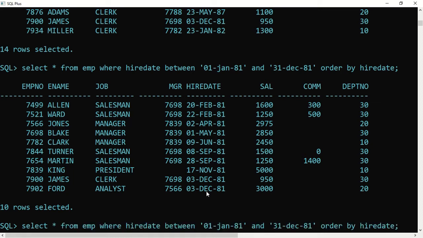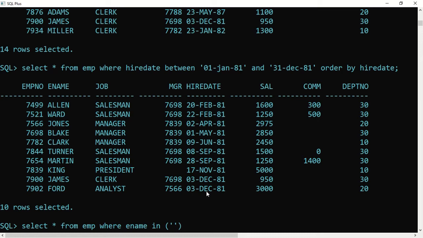Suppose I'm finding e-names and I know the names properly, so I'll write equal to. If I want to compare only one person I can do that, but I want to compare many persons, so I'll say IN and I'll give the list in brackets. As you know, IN should be followed with a list. Now this is character information, so in that case the data should be in single quotes.